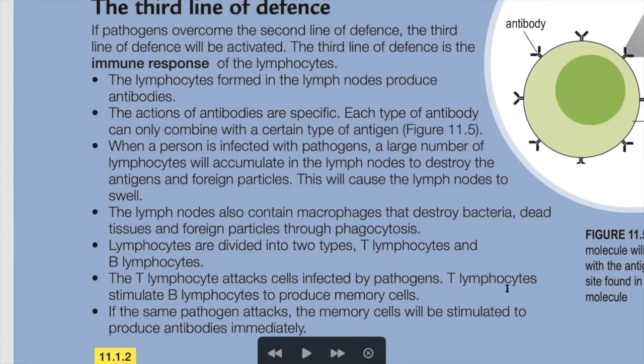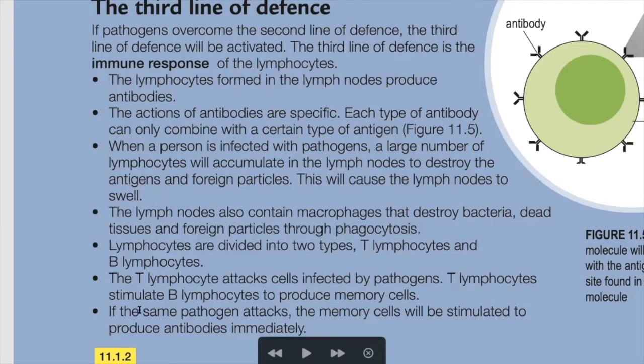Cikgu, macam mana T lymphocyte tu dia attack sel tu? Dia akan hasilkan antibody lah. T lymphocyte ni ada dua fungsi. Okay, cikgu ulang balik, pening dah cikgu ni, banyak sangat. Sekali lagi, lymphocyte ada dua jenis. T lymphocyte dan juga B lymphocyte. Kalau T lymphocyte ada dua fungsi. Pertama sekali, T lymphocyte ni fungsi dia adalah attack the cell infected by pathogen by producing antibody. Fungsi kedua adalah